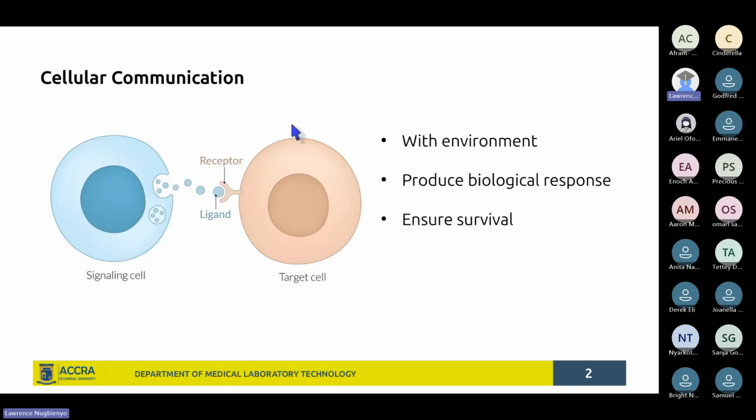And its response actually communicates to the other cells. So all the other immune cells and any other cell is also prepared to fight such an invasion. So cell communication ensures survival,